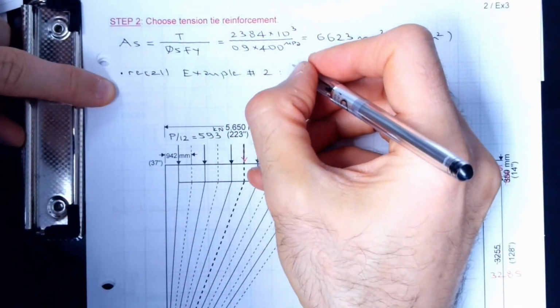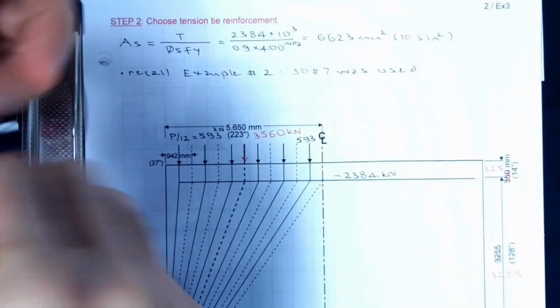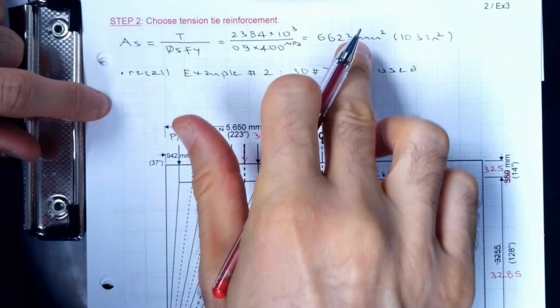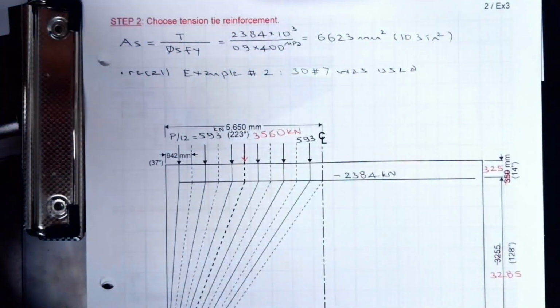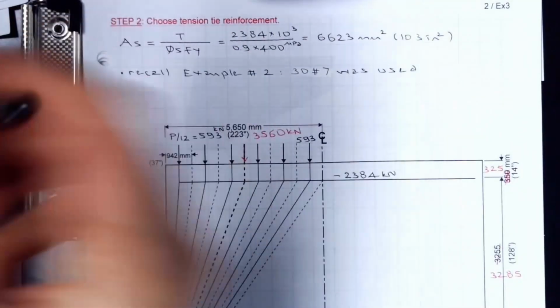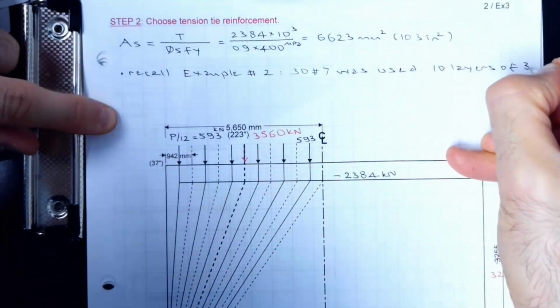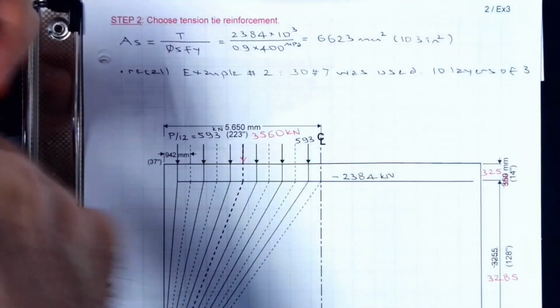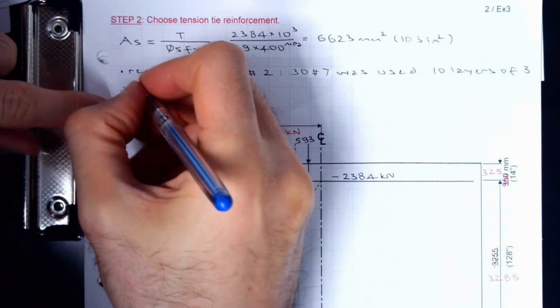Example number 2, what we used, 30 number 7. If you look at this area, which is less than the previous example, I'm going to be using less. Previously we used 10 layers of 3. You might remember I did a sketch, but for this one I can reduce it to 9 layers of 3